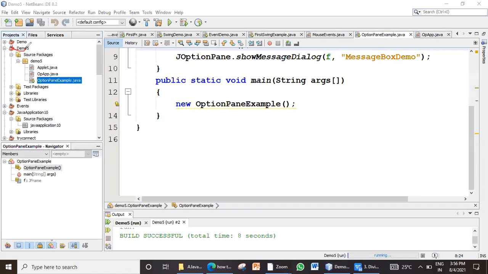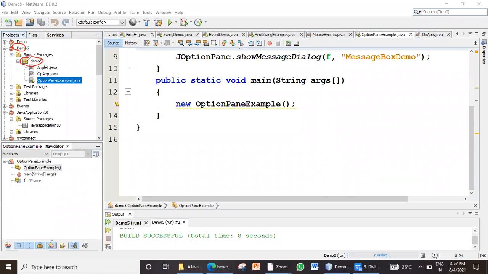This is your project name, demo file, with an uppercase D. When it creates a package with the same name, it creates it in lowercase. Remember, package names are always in lowercase as per the naming convention. So under this package, we have created this program.